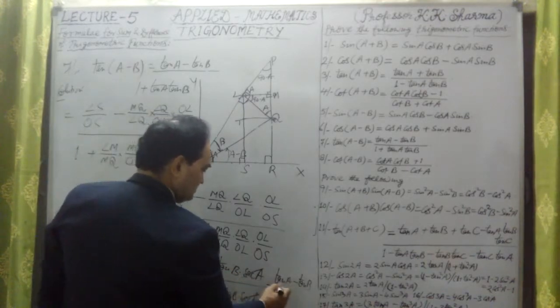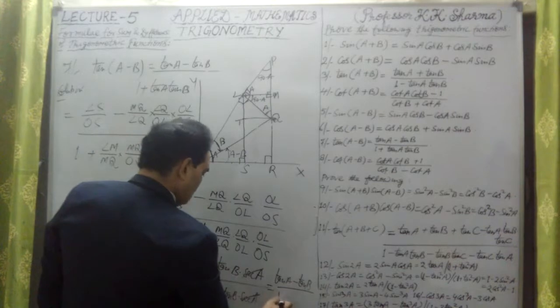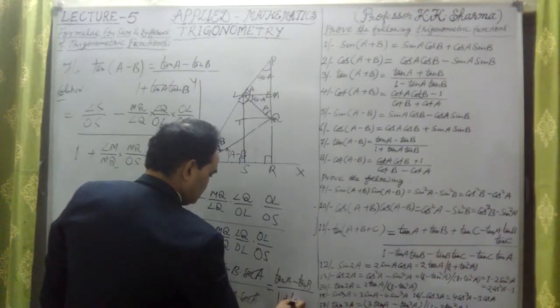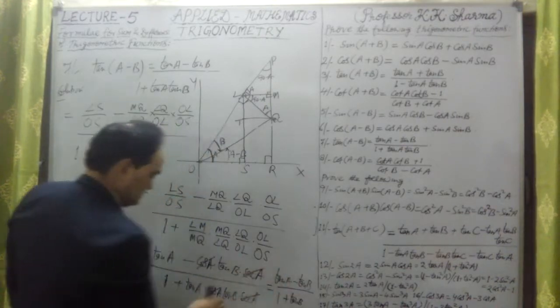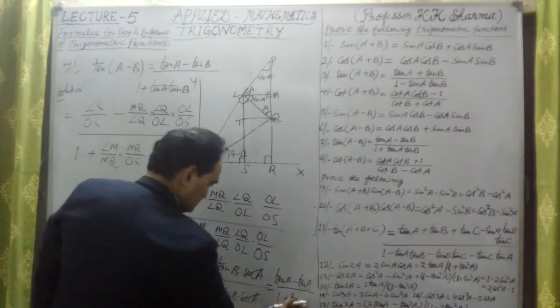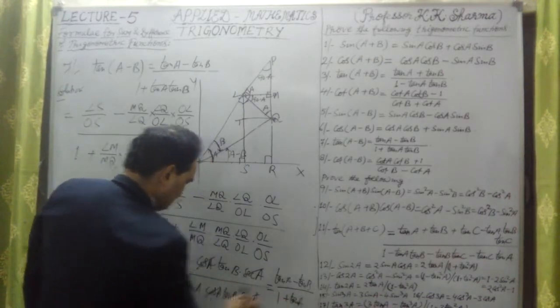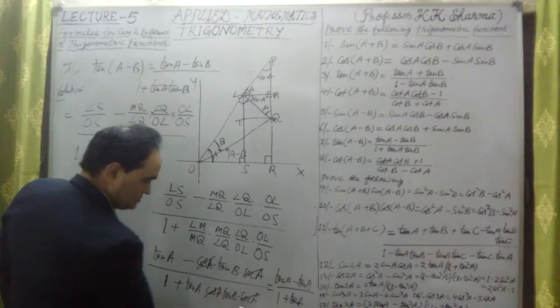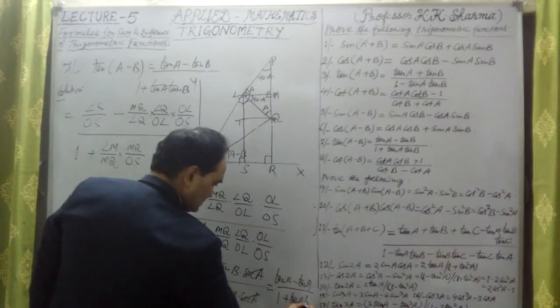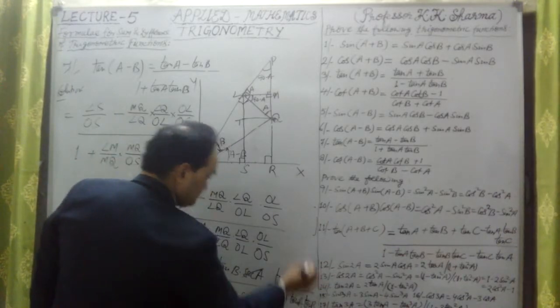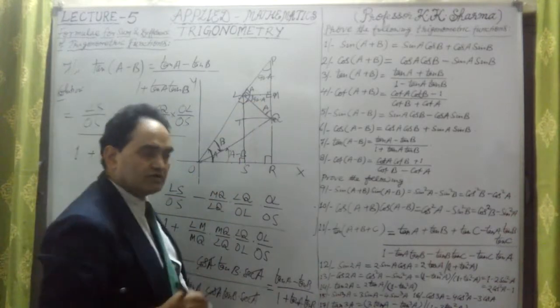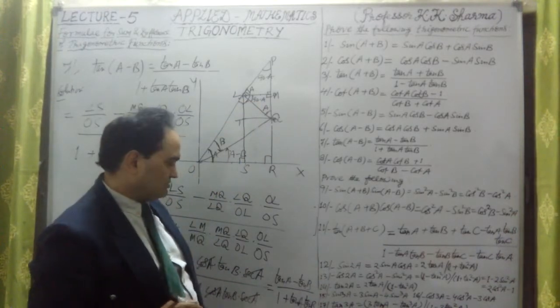Tan A minus tan B divided by 1 plus tan A as it is. And sorry, tan A. This was here. It's tan A as it is. Now this is tan B. This is with the help of this geometrical figure. Tan A minus tan B. The formula